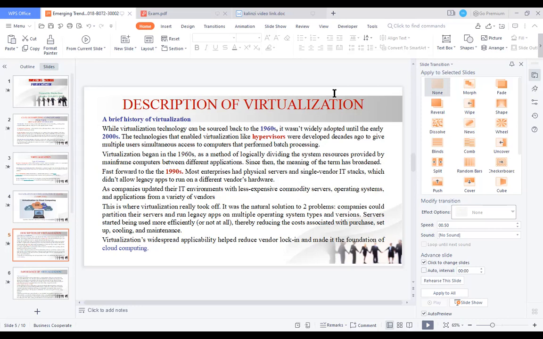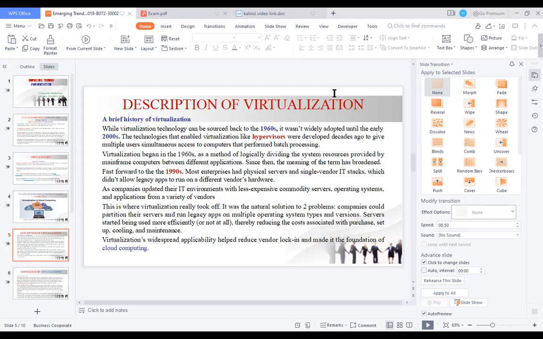So here, the founders were trying to help many users perform their tasks at once without any cost. It was a method of logically dividing the system resources provided by mainframe computers between different applications.